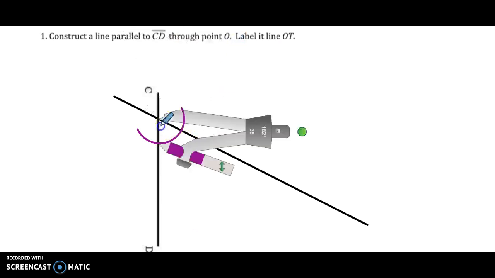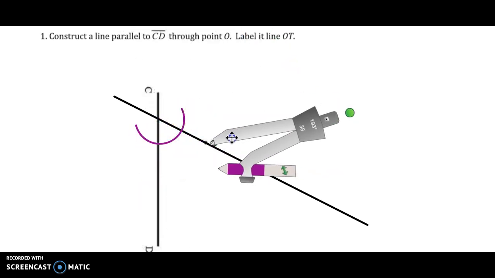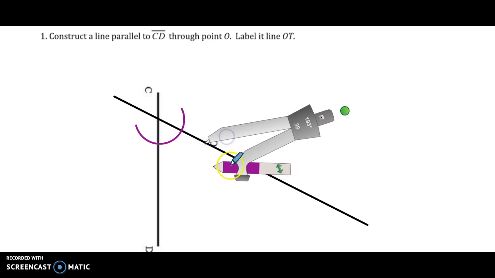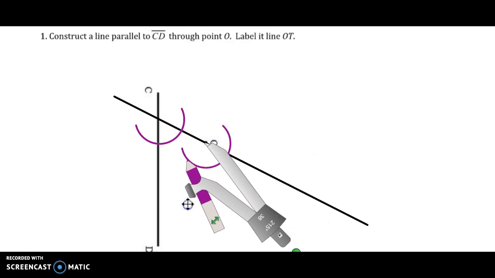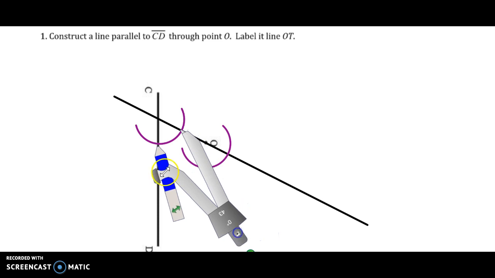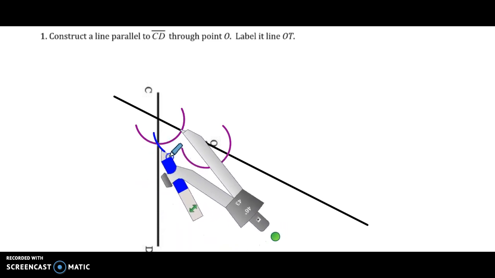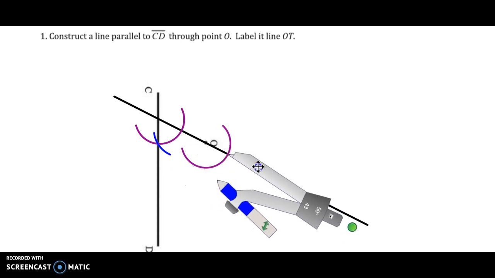So I make a nice arc. And I'm going to transfer that up to point O and make an arc of the same size. I'm now going to use my compass to measure the opening of the first arc. Again, we're copying the angle, so that's the second step. So I've copied that angle, and I'm going to transfer it up to where the arc that I made,